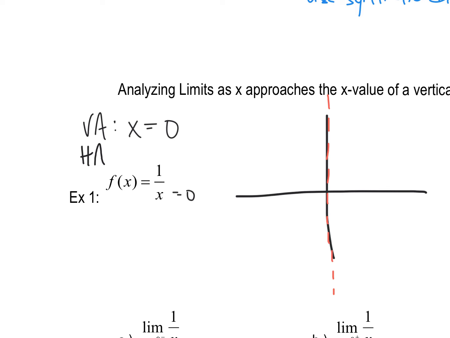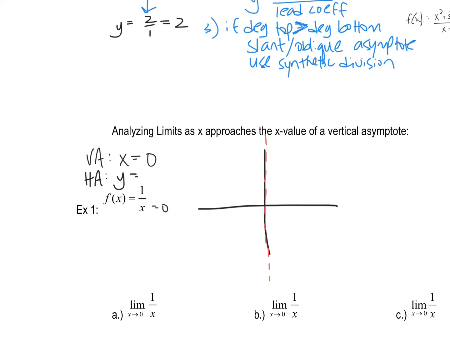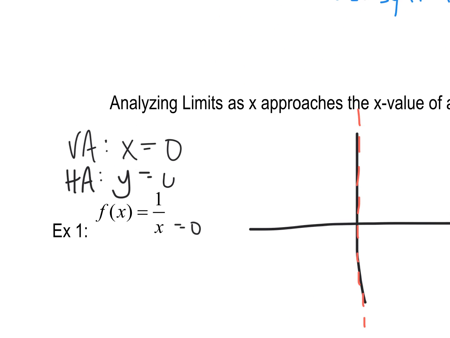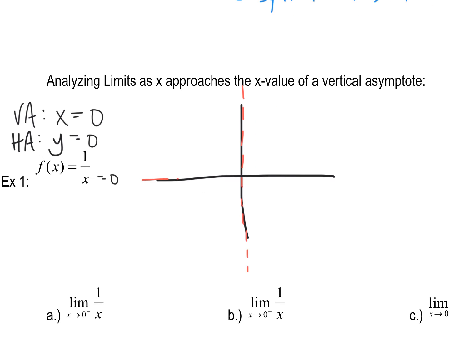What about the horizontal asymptote? It's y equals, and in this case, the degree of the numerator is less than the degree of the denominator. There is no x term up here, so technically the degree is 0, and the x term down here has a 1 exponent on it. So the degree of the top is 0, the degree of the bottom is 1, and that falls into category number 1. When the degree on the top is less than the degree on the bottom, y equals 0 is your horizontal asymptote. So again, I'm going to put a y equals 0